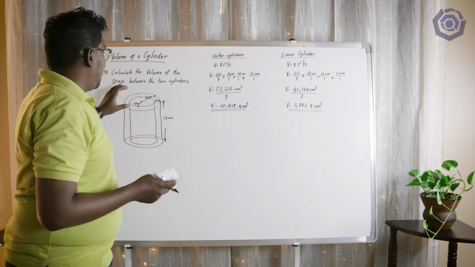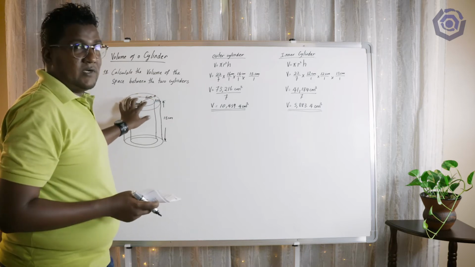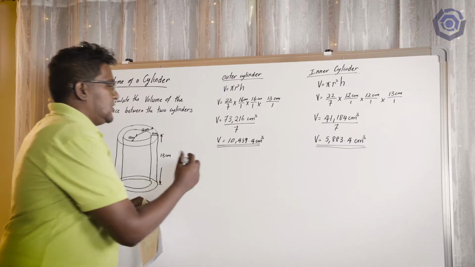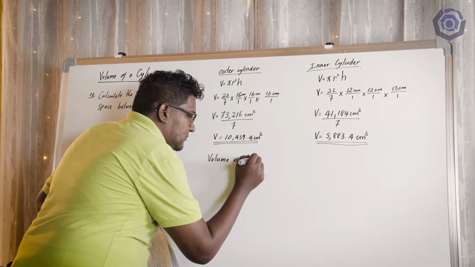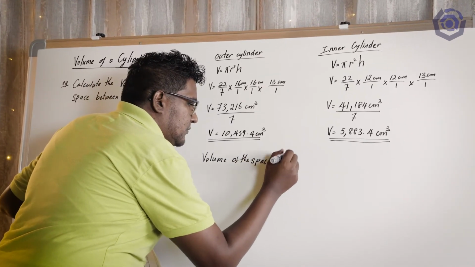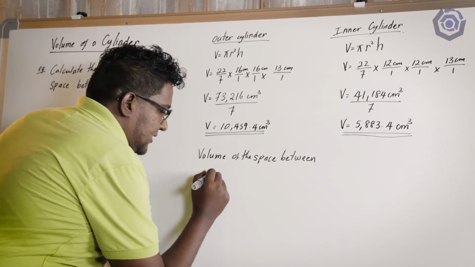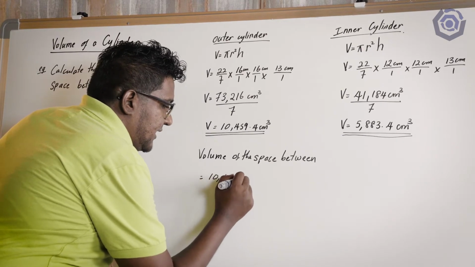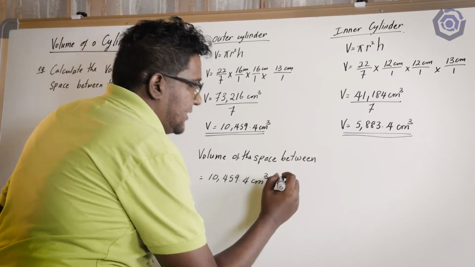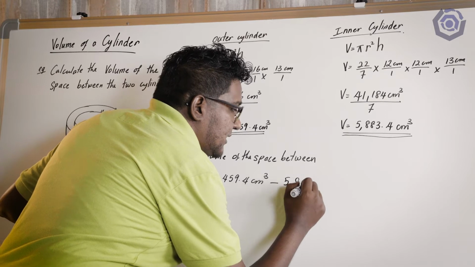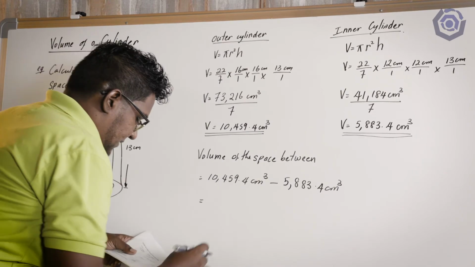Well, in this case, it will be the volume of our bigger or the outer cylinder, subtract the volume of our smaller cylinder, the inner cylinder. So the volume of the space between is equal to the outer cylinder, which is 10,459.4 cm cube, subtract our inner cylinder, which is 5,883.4 cm cube, and subtracting them, I would get